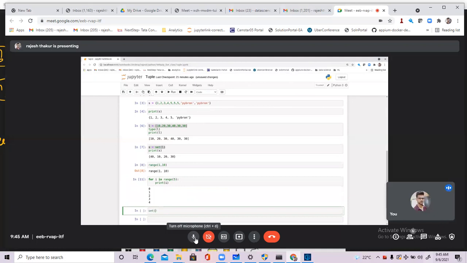Just do one thing. Here we are trying to write range 6 and we are getting range 0 to 6, no doubt. Now I'm just trying to write here set, and now you can see I'm able to access each and every element of this range function without applying any kind of iteration. This is the beauty of the set. Set can be used for getting all the range function objects without applying